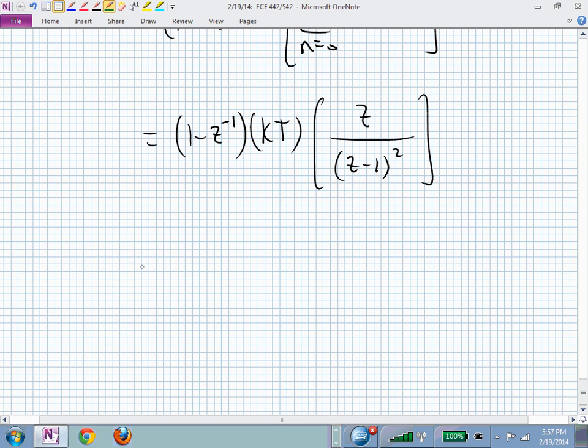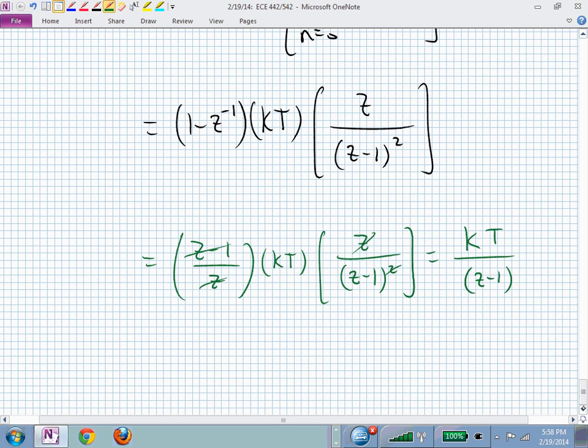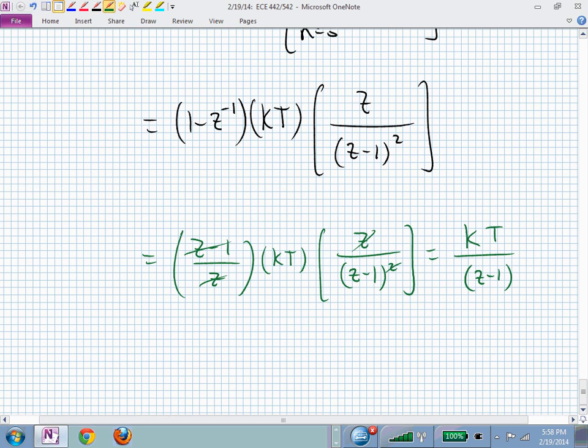And remembering what that 1 minus z inverse looks like, if I write it in terms of z's and not z to the minus 1's, I now end up with, canceling some pieces, this kt over z minus 1,